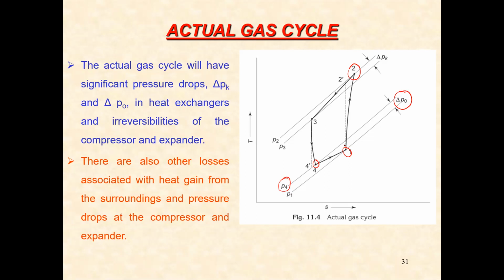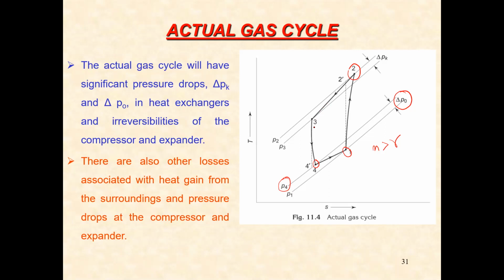And further you can see, we are compressing it up to state point 2, and this compression is also not isentropic, rather it is polytropic with the value of n greater than gamma. So here the value of n is greater than gamma because the entropy is increasing. Then once again, when the air is passing through the air cooler, there is drop in the pressure in the process 2 to 3.